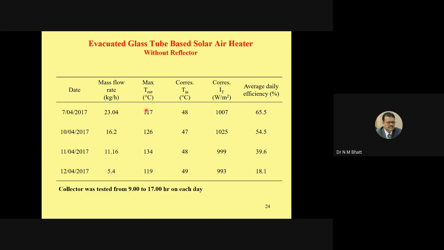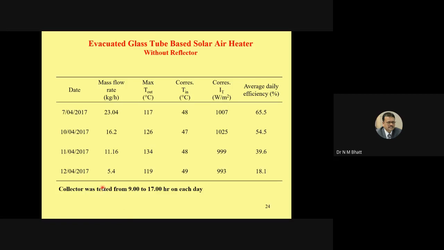But normally, when you reduce the mass flow rate, the temperature increases, but beyond a certain mass flow rate, if you reduce the mass flow rate, your temperature would decrease rather than increase, and your efficiency decreases. As temperature is lower, efficiency would be higher. Okay, this is average daily efficiency, not the instantaneous efficiency. This is average daily efficiency. Okay,